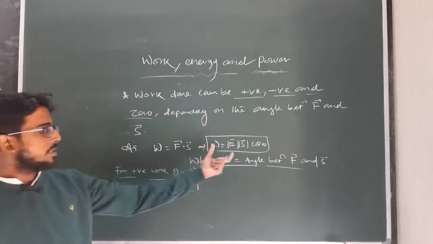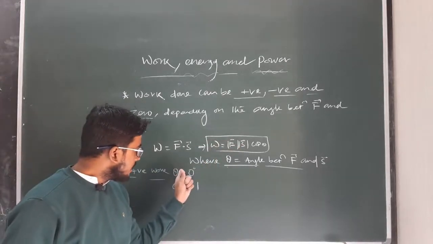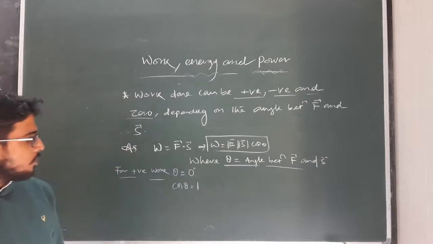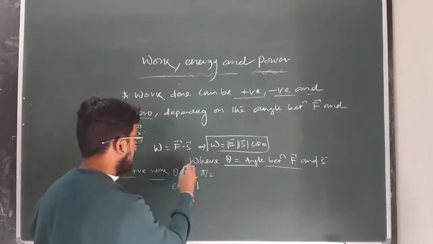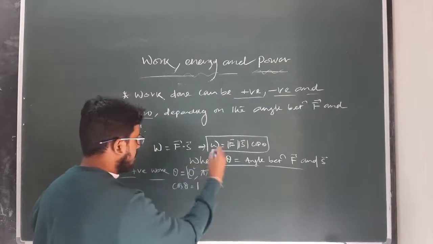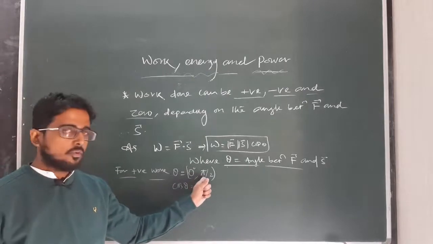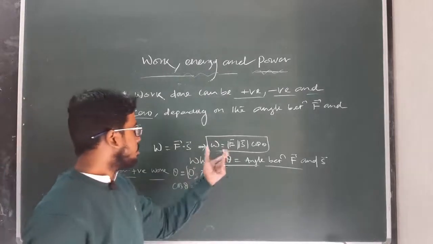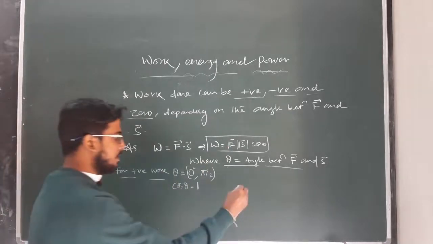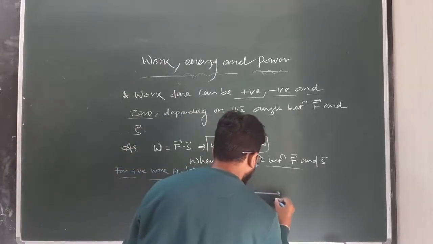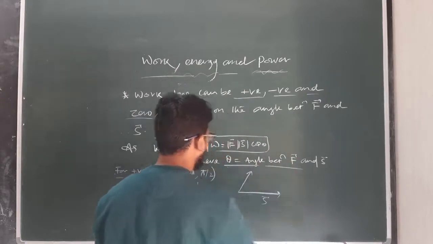So work done will be maximum and positive. So if theta lies between 0 to pi by 2, like this, 0 closed, pi by 2 open. If theta lies between 0 to pi by 2, then the work done will be positive, like this. If this is the direction of displacement and this is the direction of force,